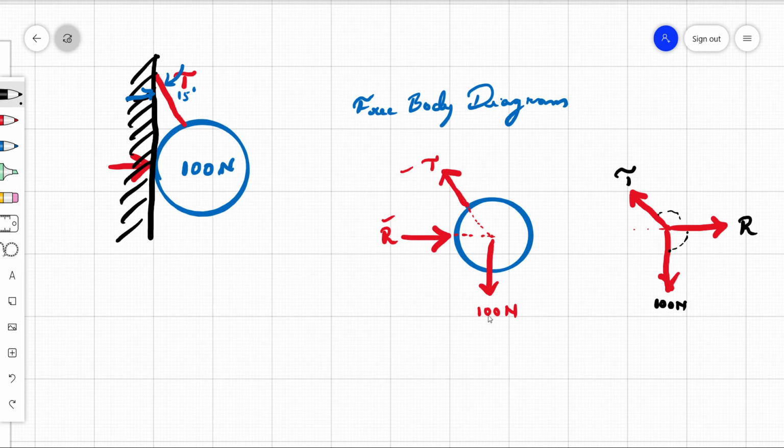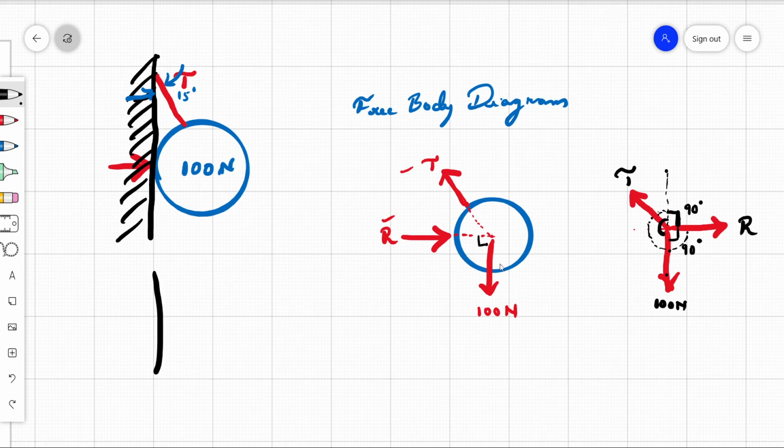We know that the angle between these two is 90 degree, so this will be 90 degree, easy peasy. We need to find the other two angles. This is where the question might become tricky. We know this angle is again 90 degree, but we don't know this angle as well as this angle, but we know this total angle is 180 degree from this point to this point.